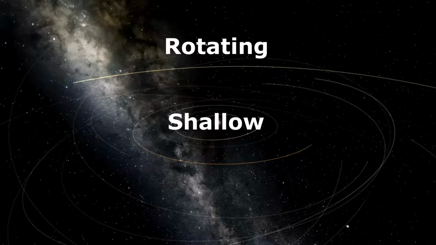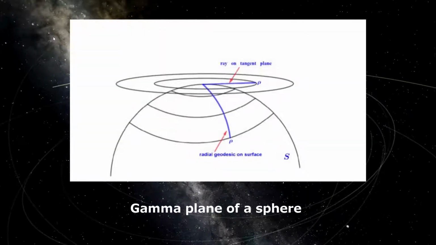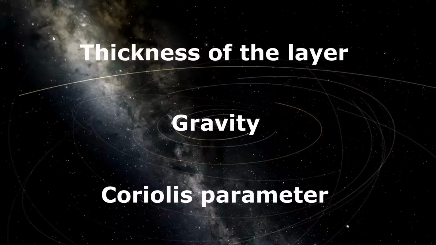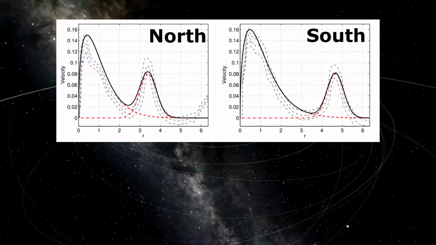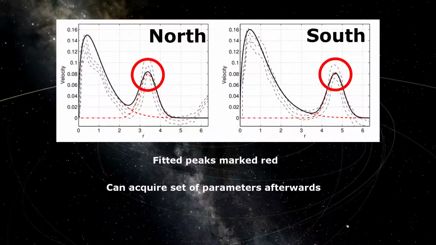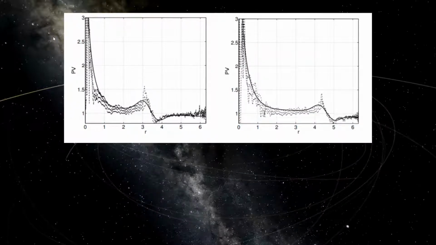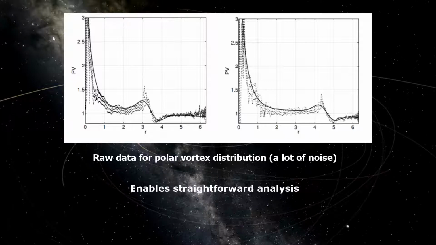Introducing the rotating shallow water model. By using the cylindrical coordinates and the beta plane on the equations, we can acquire a set of variables such as thickness of the layer, gravity, and Coriolis parameter. Solutions for vortices can give us a zonal velocity of the wind, and we can fit peaks and acquire a set of parameters which are then used to create a more synthetic profile for polar vortices. This is more useful since it removes the noise which comes with the polar vortex distribution and enables a straightforward